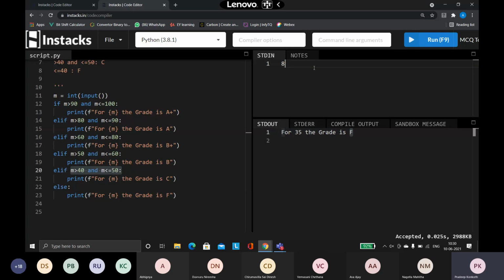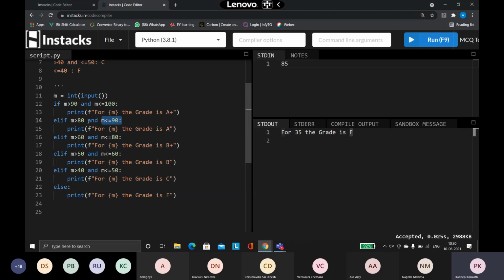Suppose you are giving 85, now what is going to happen? 85 will be stored in M. So M greater than 90? No, 85 is not greater than 90. So it will come to this part. M greater than 80? Yes, this is true. So it will go inside and check the second condition also. M less than or equal to 90?